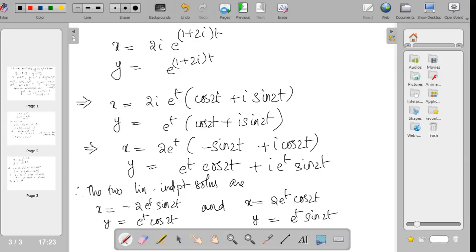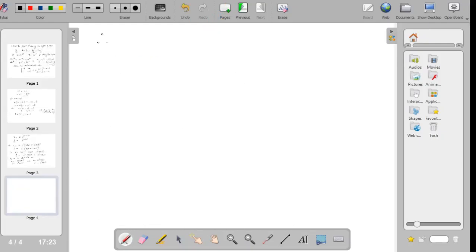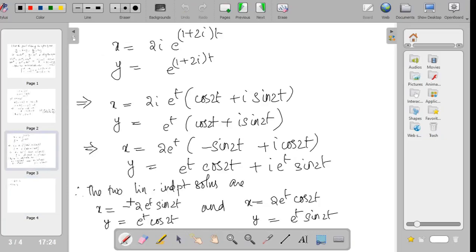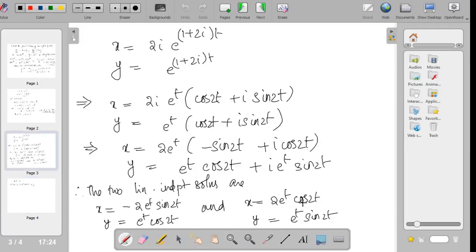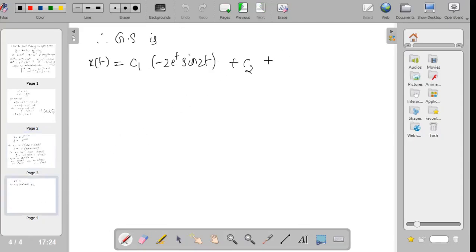Now write the linear combination of this. So therefore the general solution is, x of t will be equal to c1 times minus 2 e raised to t sin 2t, plus c2 times 2 e raised to t cos 2t, and y of t will be equal to